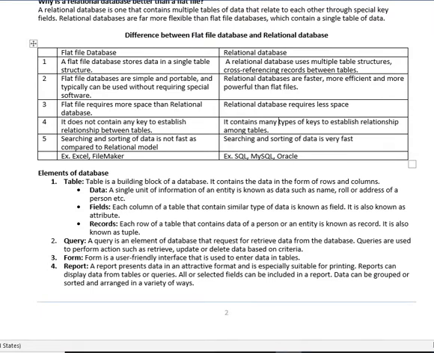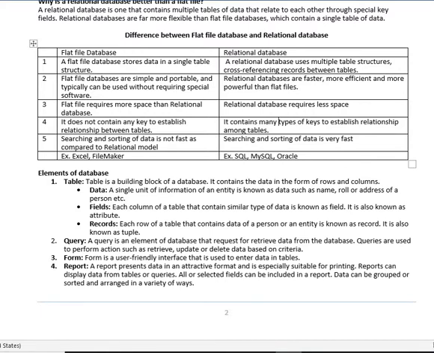Now come to some elements of database. Table is one of the most important elements of a database because we can construct the database on the basis of tables. Table is a building block of a database. It contains the data in the form of rows and columns. It contains many sub-elements like data, field and record.